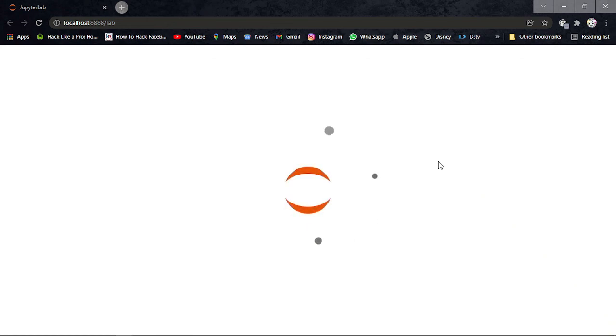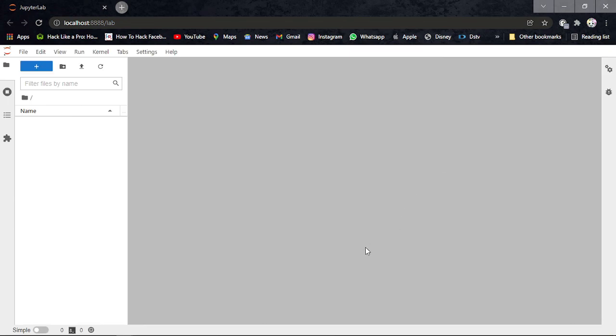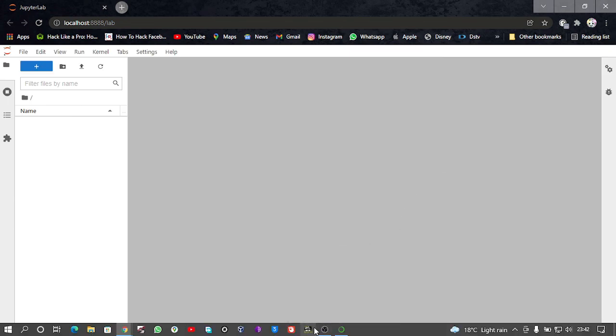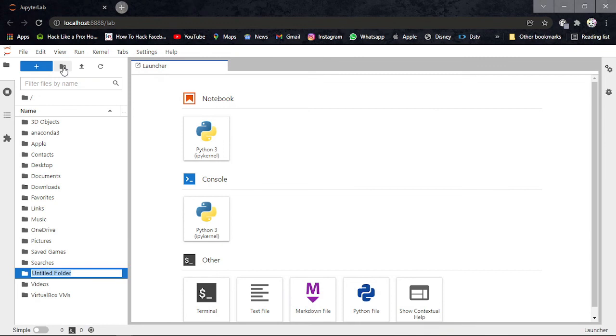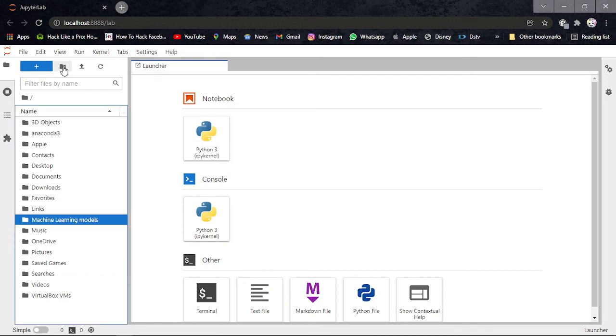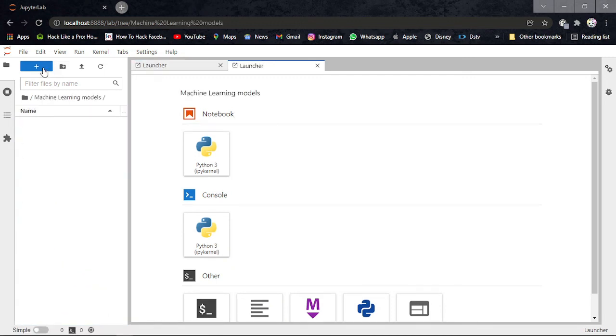It will open as a localhost, and then it will load very nicely. Now, it will load everything on your desktop. You will just open, most likely add a new folder. A new folder, personally, I will call mine machine learning models, where if you open, you can open something else